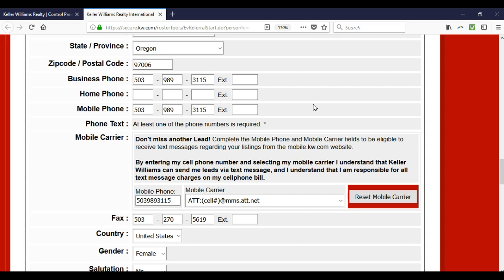You can add inside a home phone if you want to. All right, only business and mobile, though, are part of the coveted 100%. Now, what I usually suggest for business and mobile is to put inside a direct line of contact to yourself only. Now, the reason I suggest that on here is because at the end of the day,